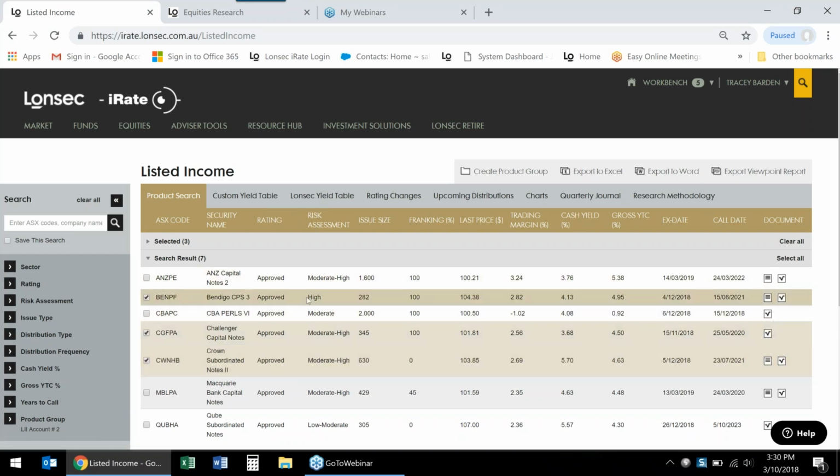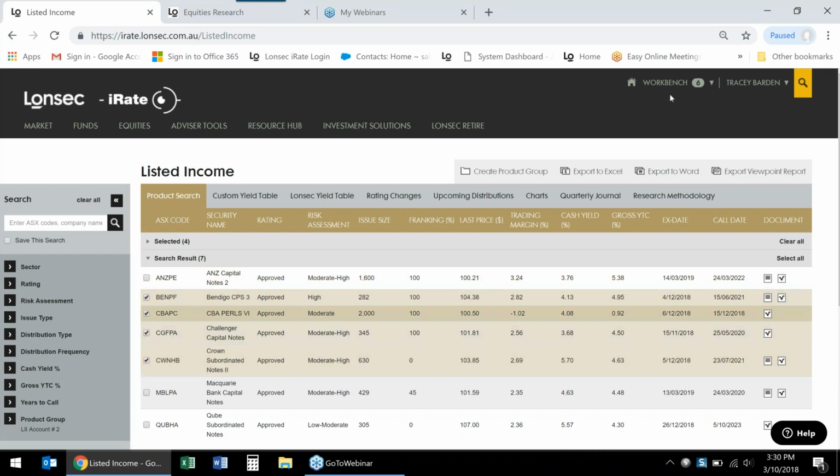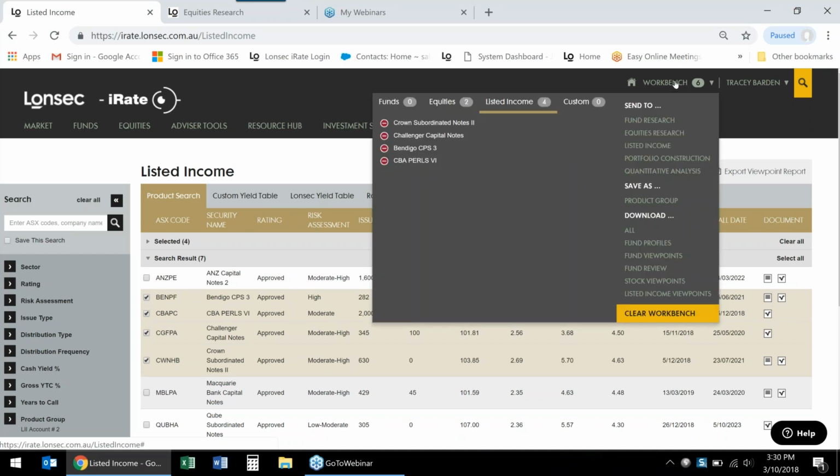And again, once you click on, if I click on 4 of those, I can see my workbench now has 6. So I've only ticked 4 listed incomes, so I can see those 4. However, I had previously ticked 2 equities that I was researching, so they fall under separate tabs, but I can see I was looking at these 2 equities and these 4.